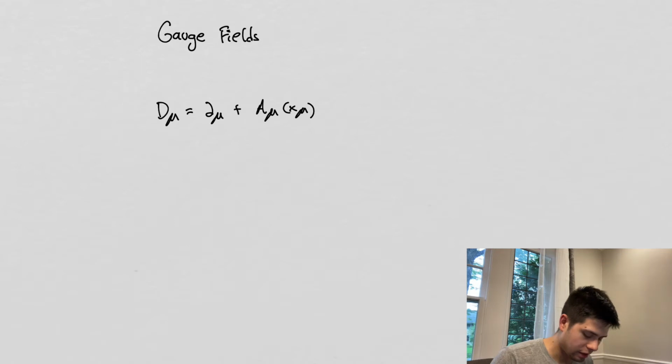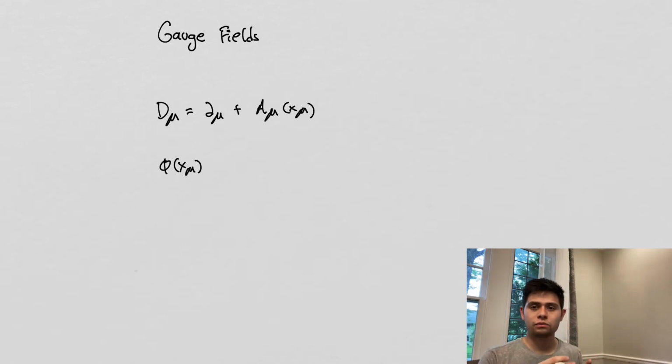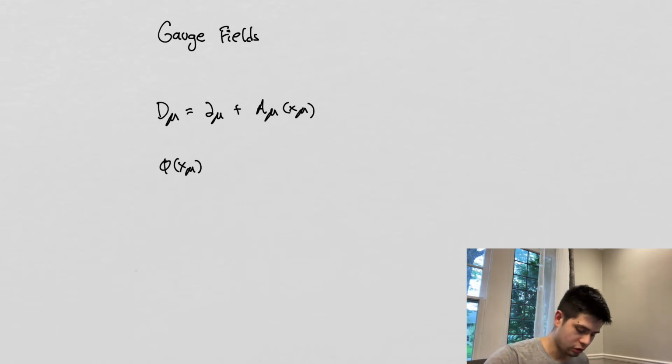And then we're going to get to a point here where we have a scalar field, or any sort of field, right? We have some scalar field. It's located at x mu. And if we wanted to transform that, right? So